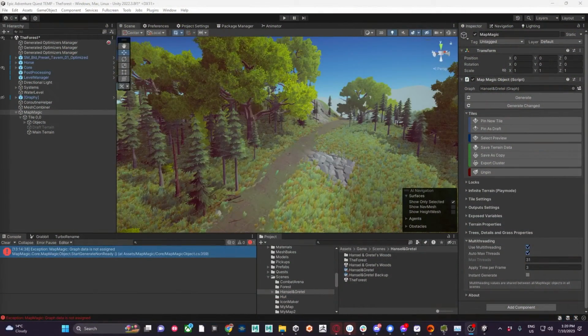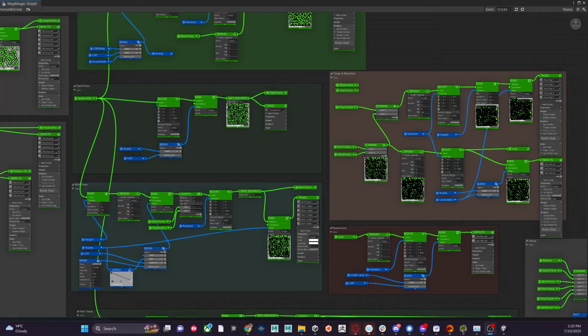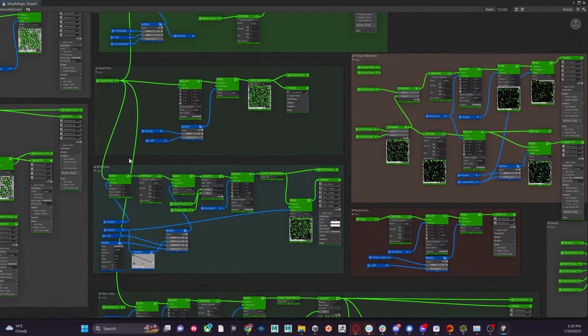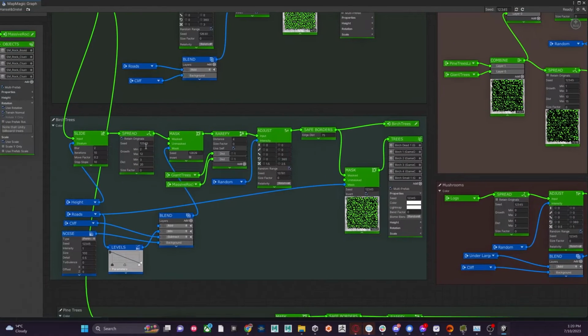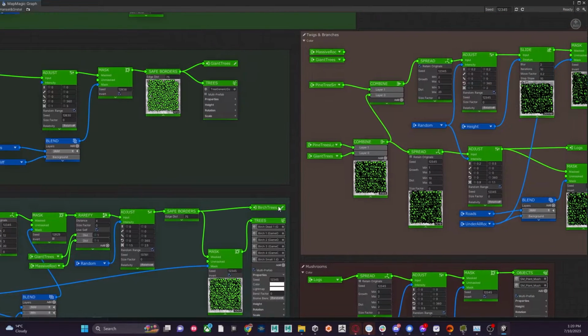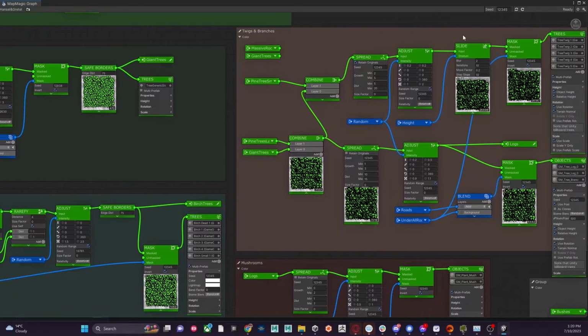The reason the performance is quite chuggy to work with is because of the amount of nodes that I have to make up all the objects in my scene. And although it's quite organized visually and doesn't look like everything's interconnected, you'll notice if I zoom in on, say, the birch trees here, pretty much every group of nodes I've organized to an output node. And then you can see something like the twigs and branches uses inputs from the pine trees and the giant trees to then decide where to scatter